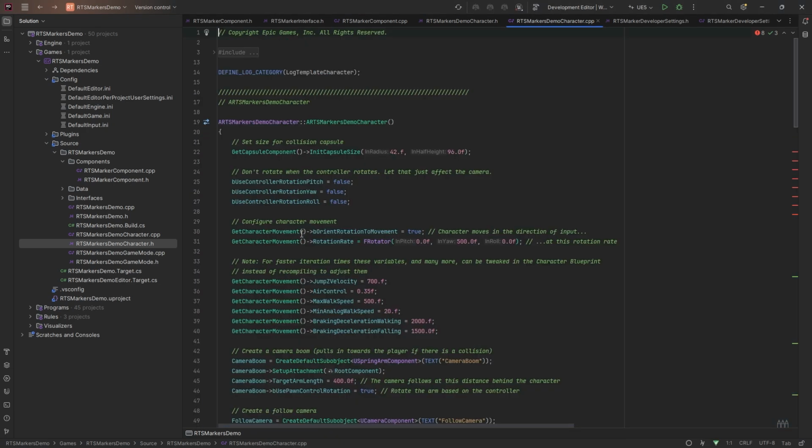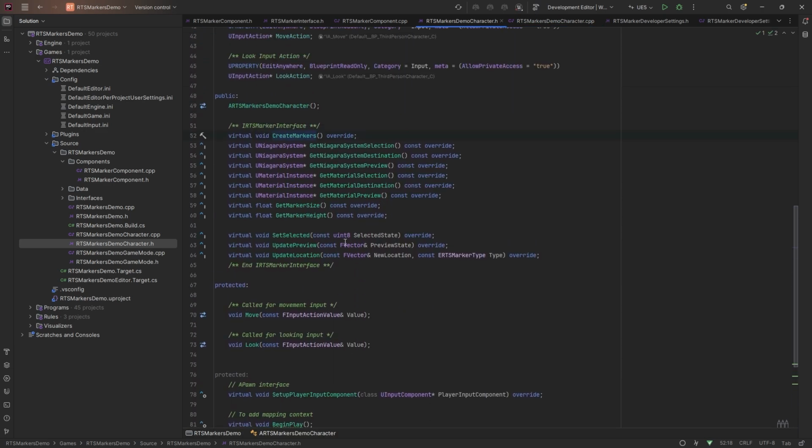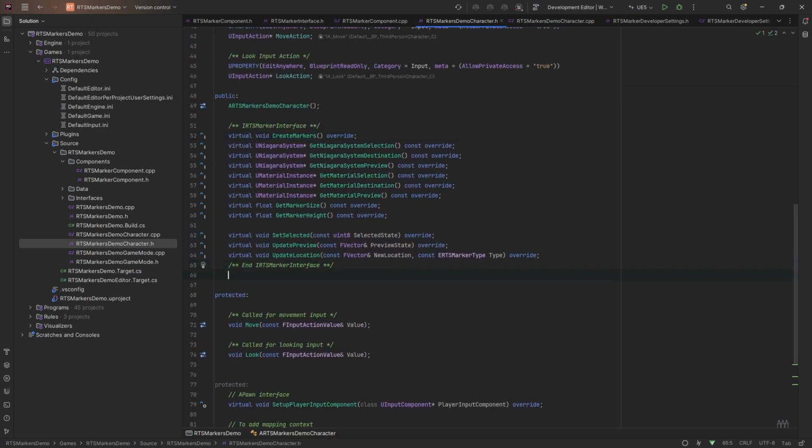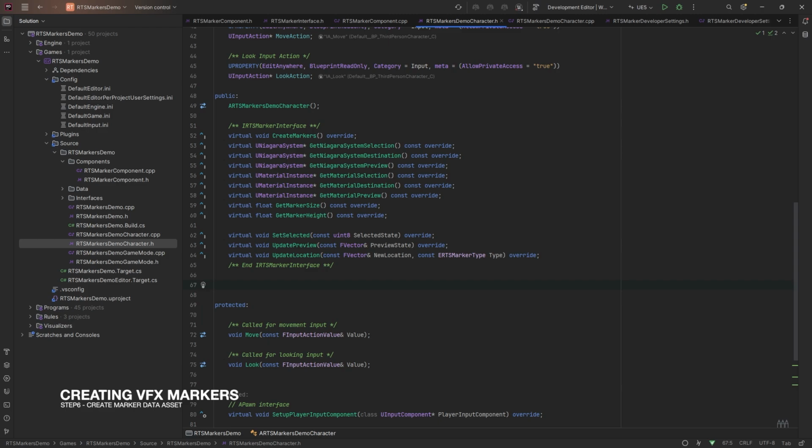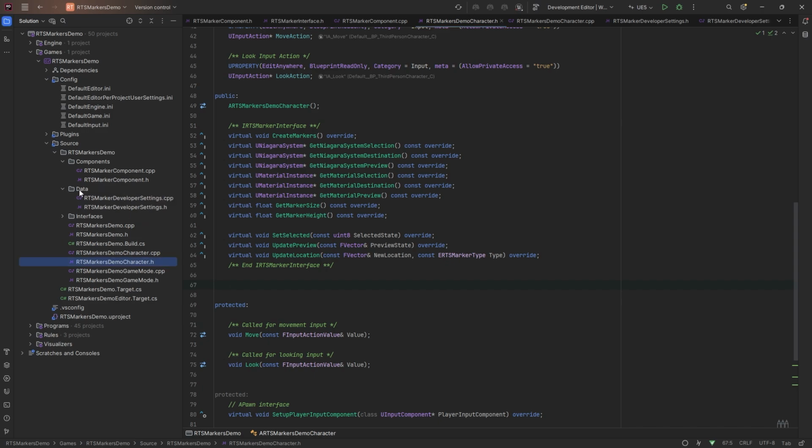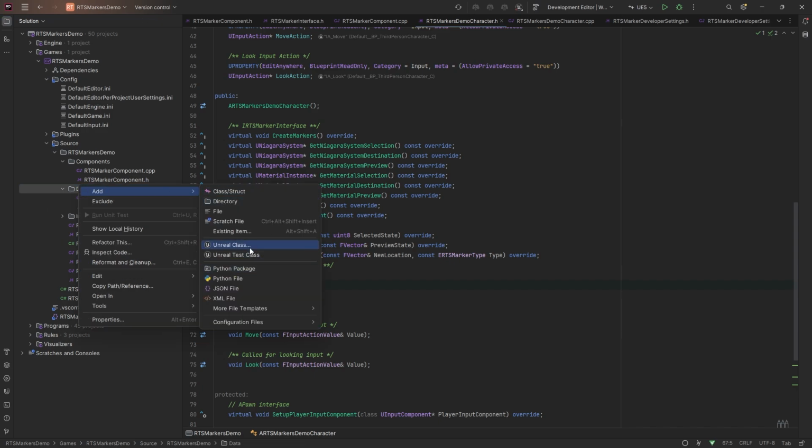Before we go into this, we're going to need another function. It doesn't need to be on the interface, but the way I'm going to set it up, you might have a different setup, I'm going to have a primary data asset that will have the data for the entity. We need to create the asset. Let's just do that. So under data, I'm just going to create